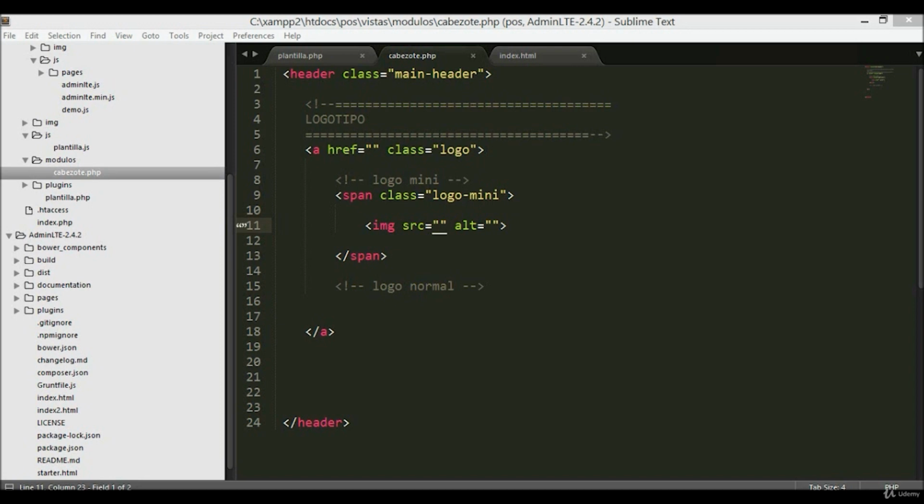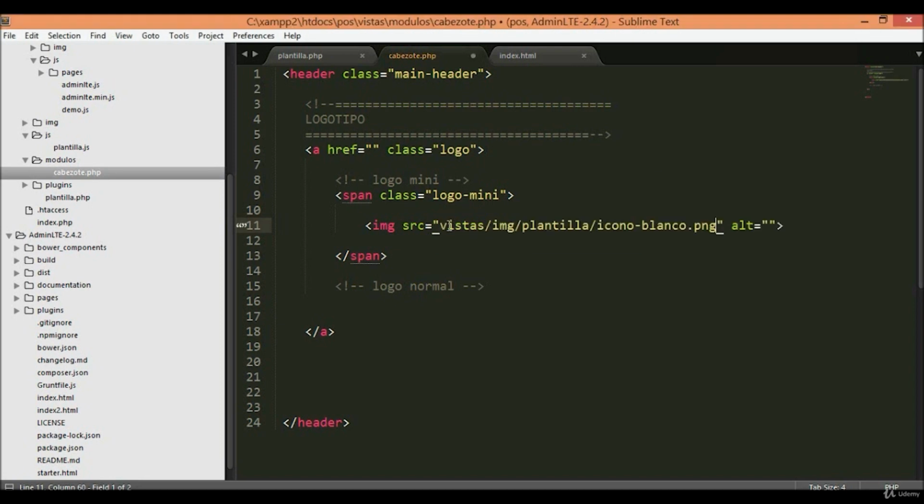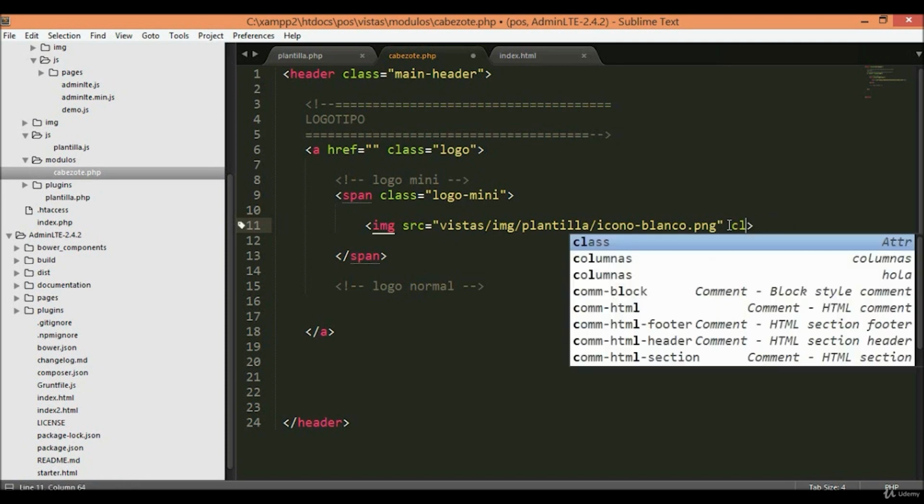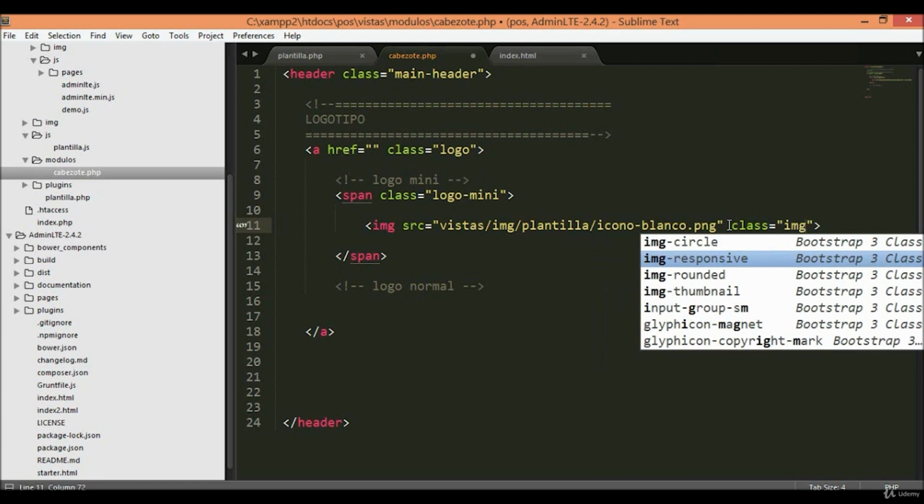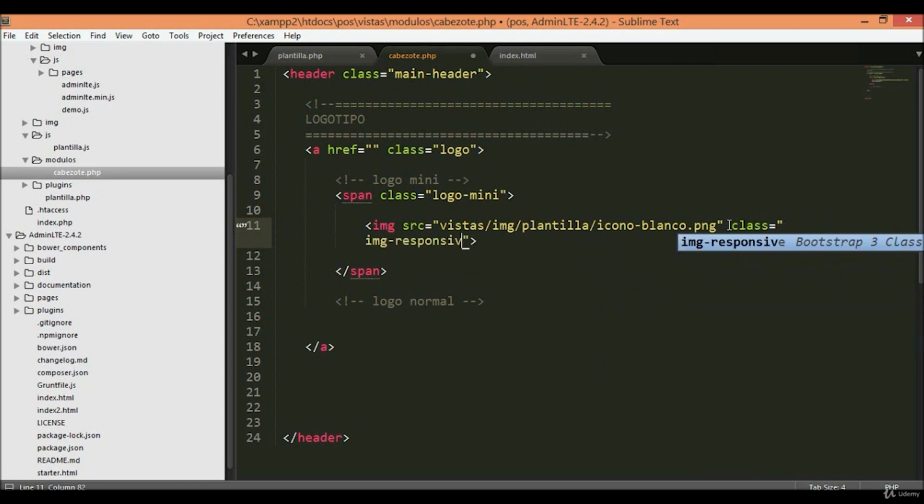Okay, let me copy the source. It is view img template and the image. So let's add the class img-responsive from Bootstrap. And now I'm going to add an inline style so it looks better. It's a padding of 10 pixels to the icon. Okay,